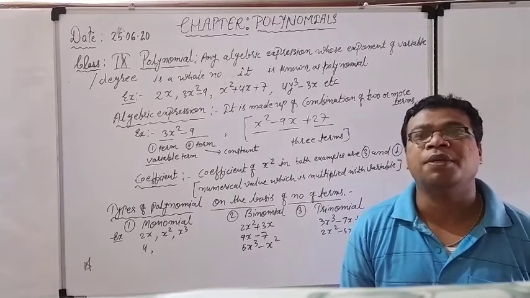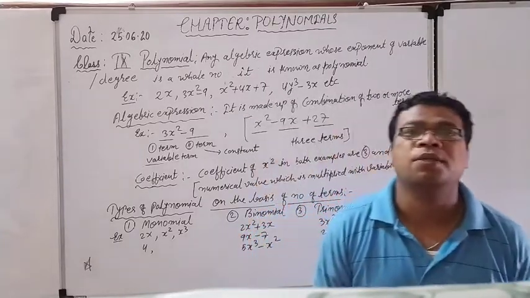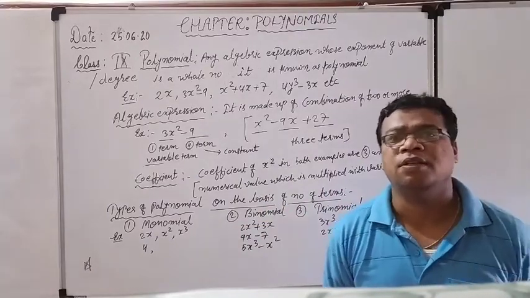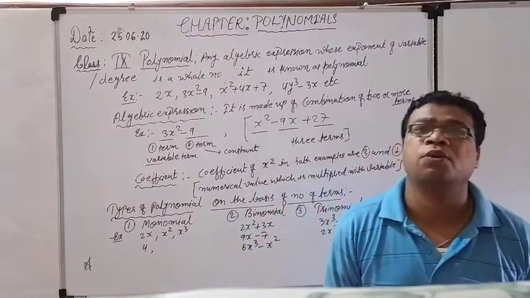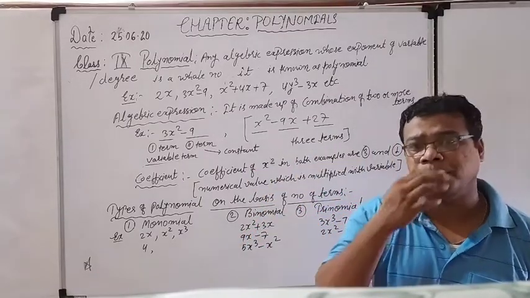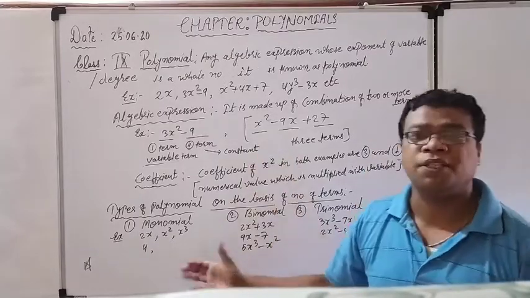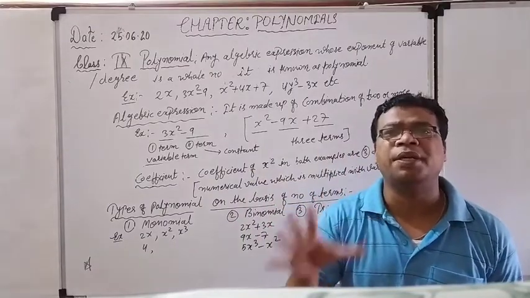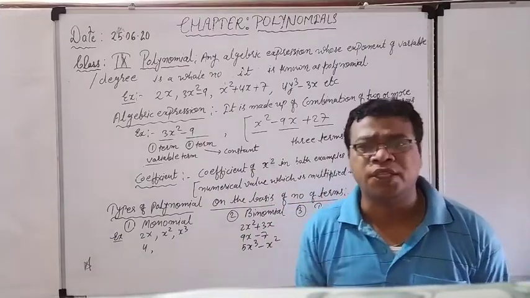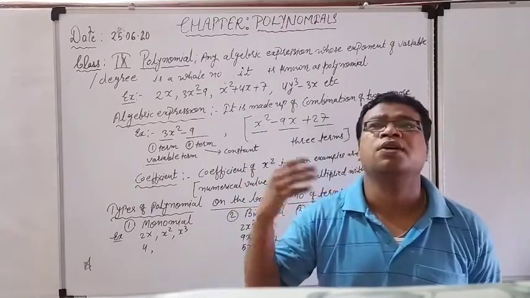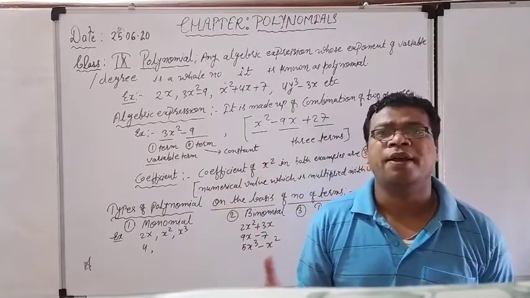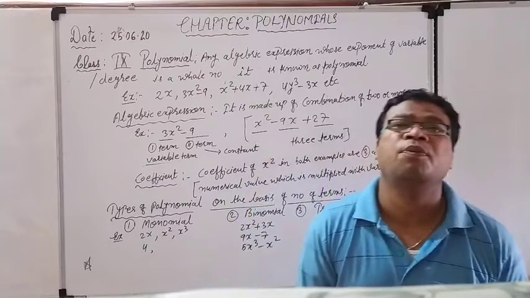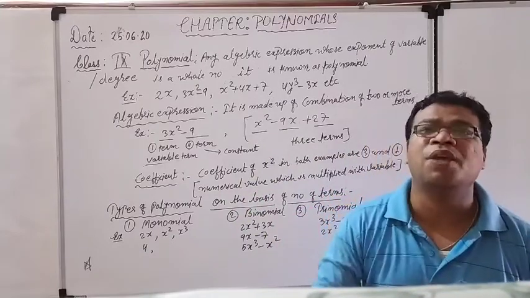What are algebraic expressions, what are their uses, and how you can solve word problems related to algebraic expressions, we have seen. Even we have studied about variables and constants also. The basics are very important for this particular chapter: the basic knowledge regarding algebraic expressions, what are the degrees, what is the coefficient, what is the variable, what is the constant. After that, types of polynomial, what is a polynomial, what are examples of polynomial, and what is not a polynomial. So many things we have to see one by one.